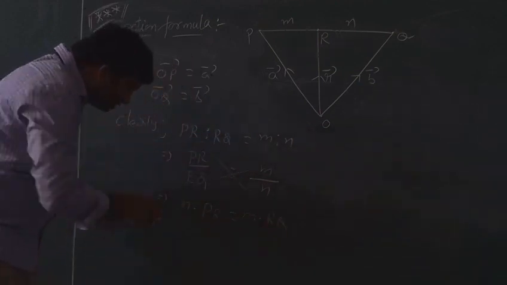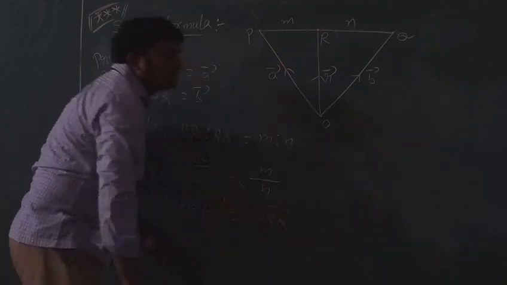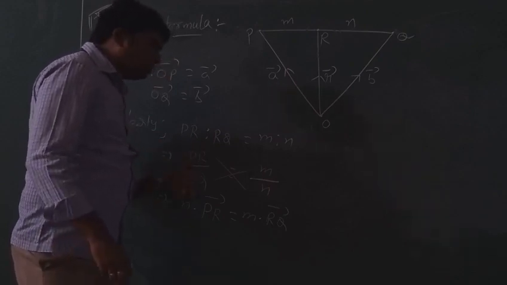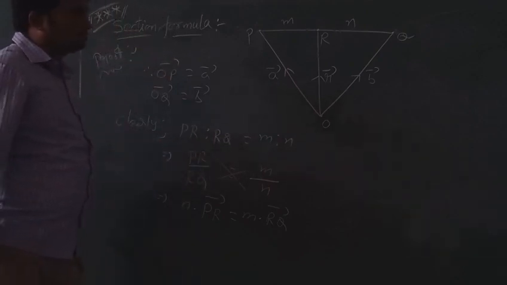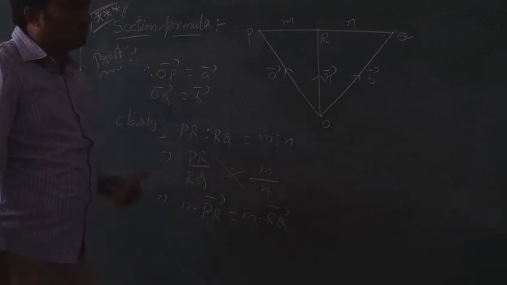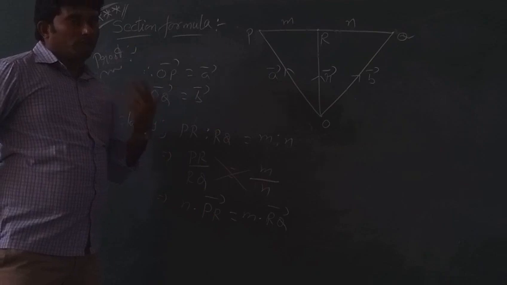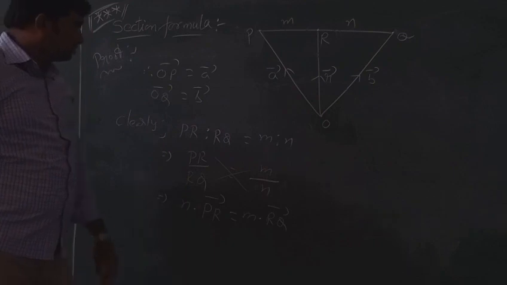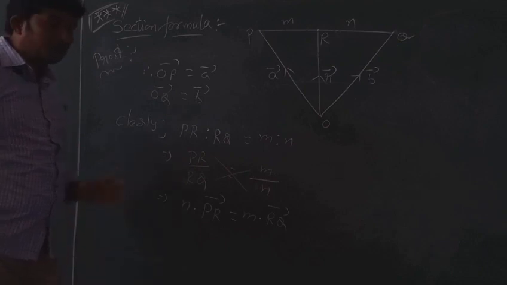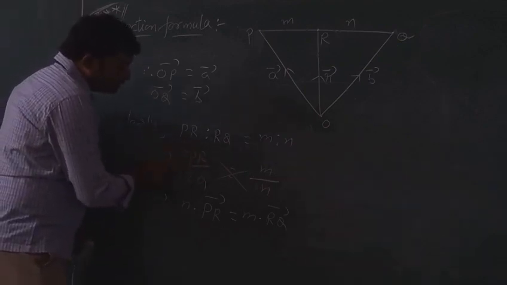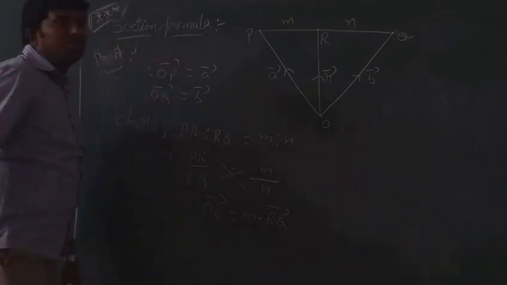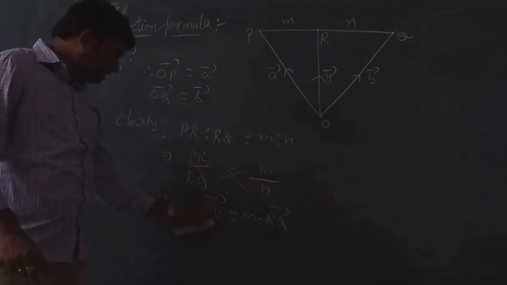The very important thing in this step is that here you write the bar. Don't write PR bar by RQ bar as a division. Why? Because addition, difference and multiplication of vectors are possible. Multiplication is of two types: the dot product, scalar product, and the vector product, cross product, which we will discuss in the next class. But vectors do not satisfy division; division of vectors is not possible. That is why don't write bars in a division, simply write the segments. But here we can write the bar, since this is scalar multiplication of the vector.